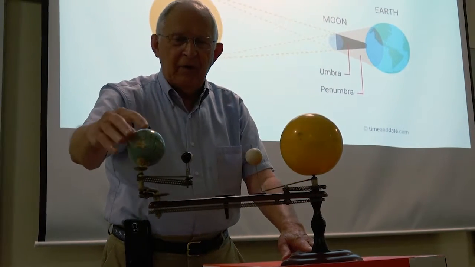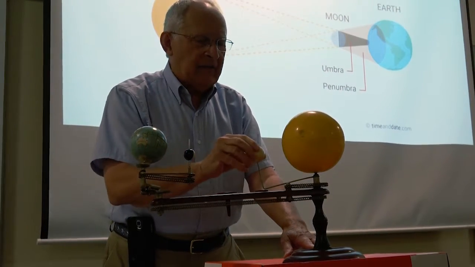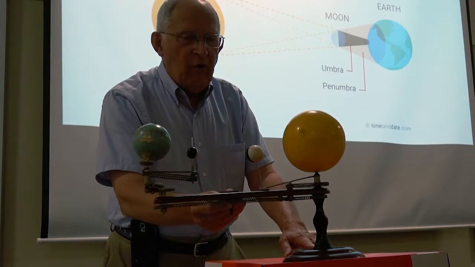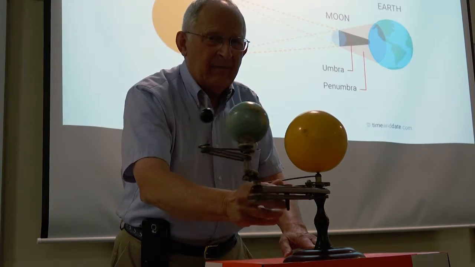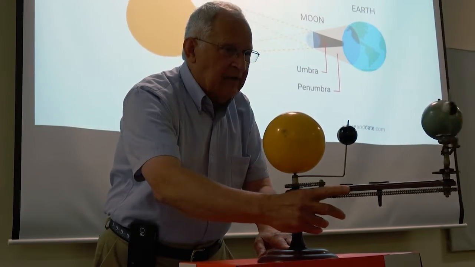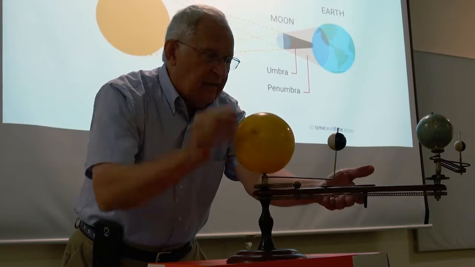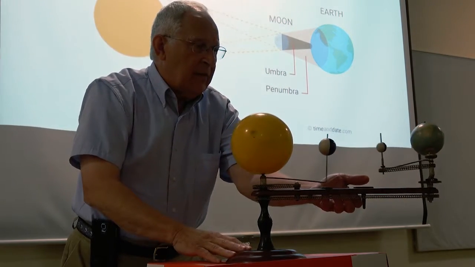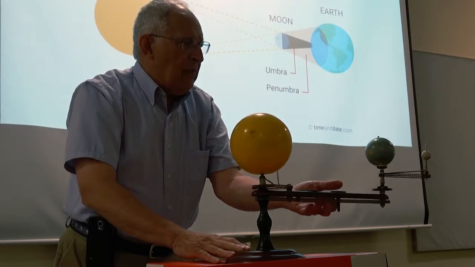There's the sun, the Earth, the moon, and Venus. And so if I move it, you can see what's happening. The moon goes around the Earth like this, okay? And so does Venus, Venus, of course, going around the sun independently. We're not worried about it. So let's say we have right here,